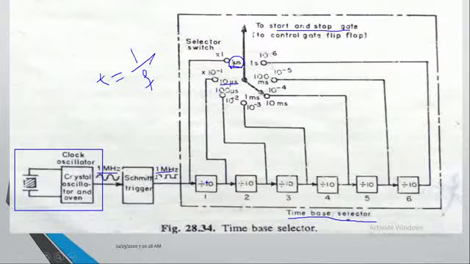Division means 10 to the power of minus 1. Just remember that we have the 1 megahertz now. Simply I can calculate this like this. Let me go with the 1 megahertz itself. If I divide this 1 megahertz by 10, then I can rewrite this